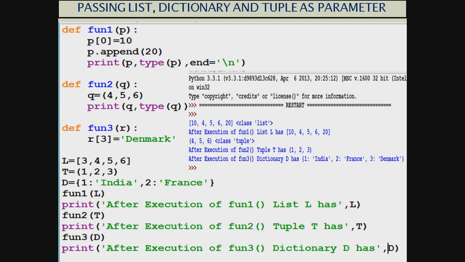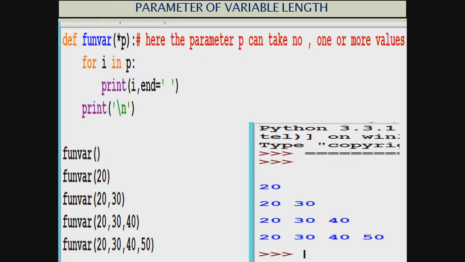So students, you have understood, when mutable things are sent as an argument to a parameter, changes made by the parameter are reflected back in the actual argument, that is the actual parameter. But when immutable things are sent, then the changes made by the parameter don't get reflected back in the actual argument. This is what we wanted to understand here. So students, we should proceed further.